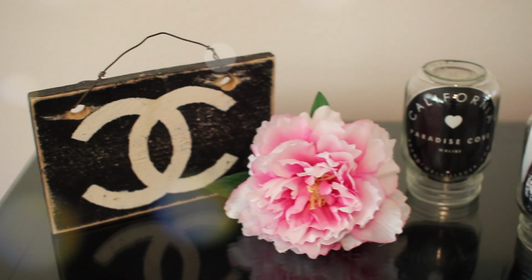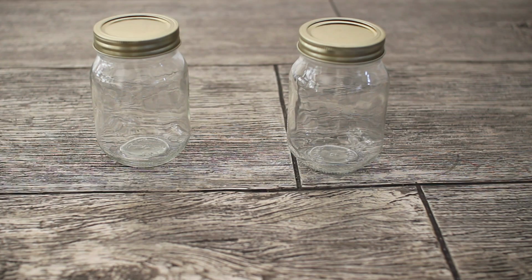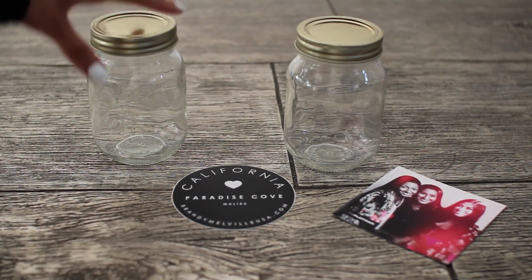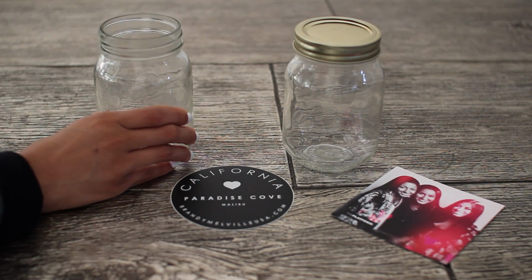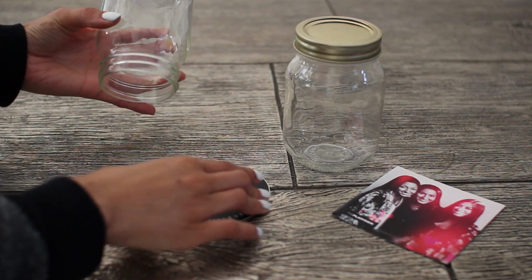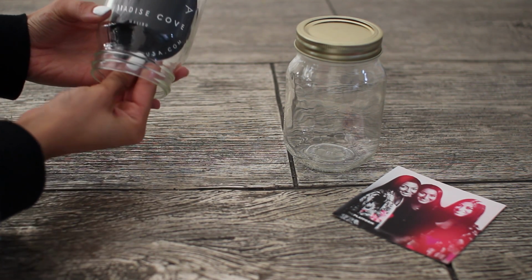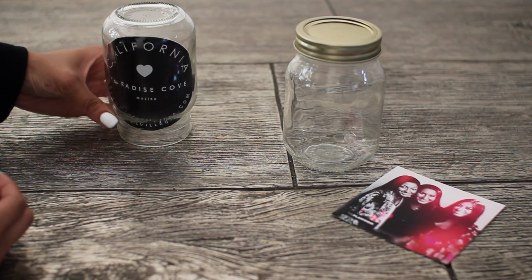Last but not least, I'm going to show you how to make these mason jar picture frames. They are super simple. All you need is plain mason jars with no logos and stickers, pictures, or magazine cutouts. You're just going to take the jar and remove the lid. And then you're gonna take your sticker or your picture or your magazine cutout and you're just gonna put a slight bend and then just put it inside the mason jar,